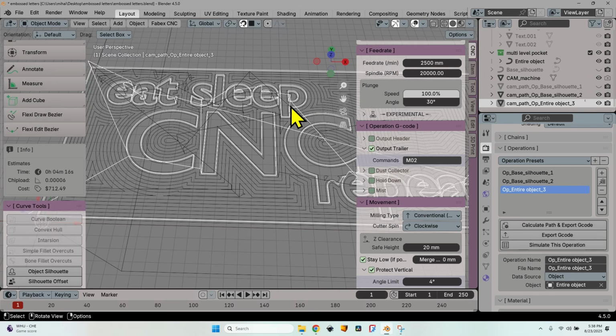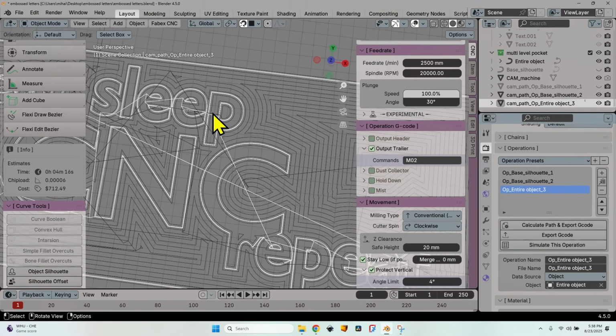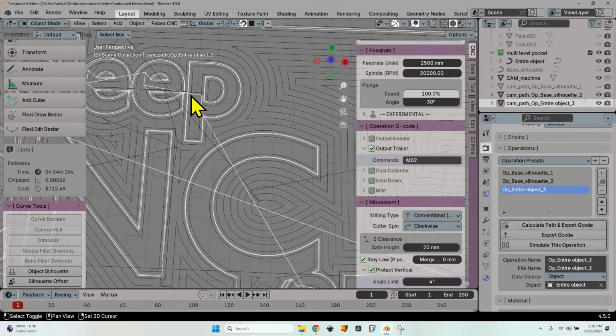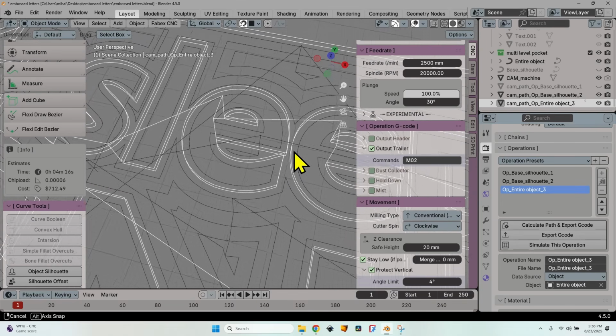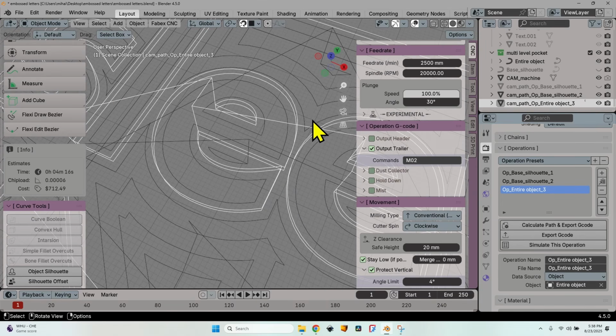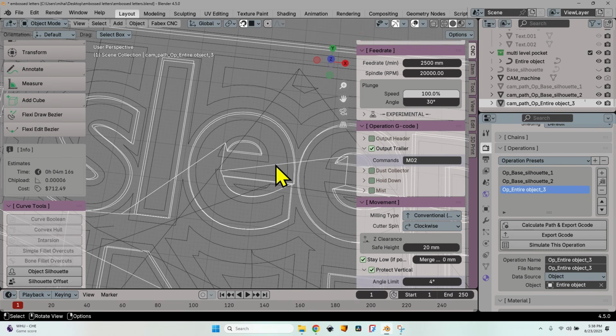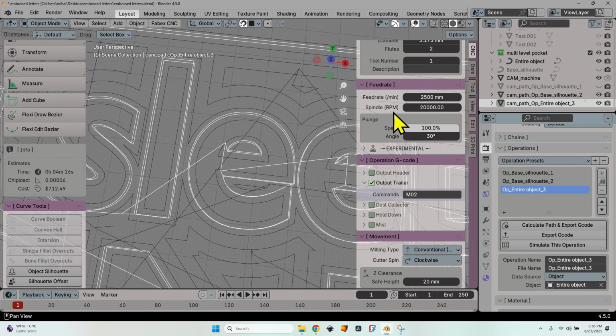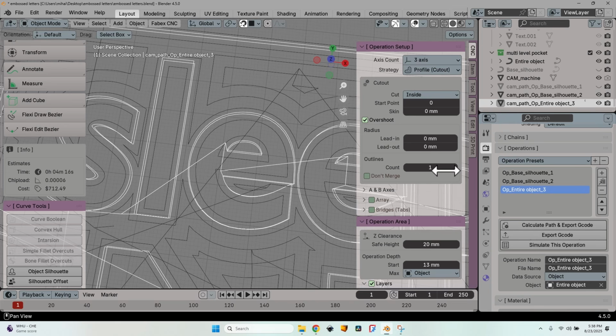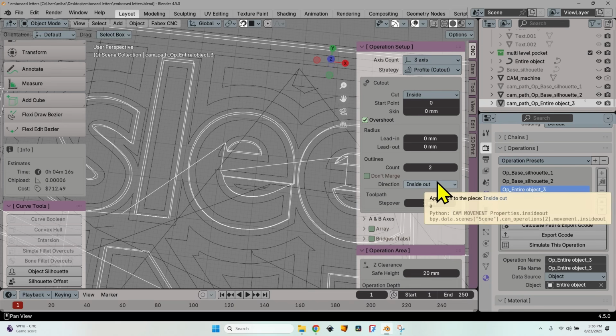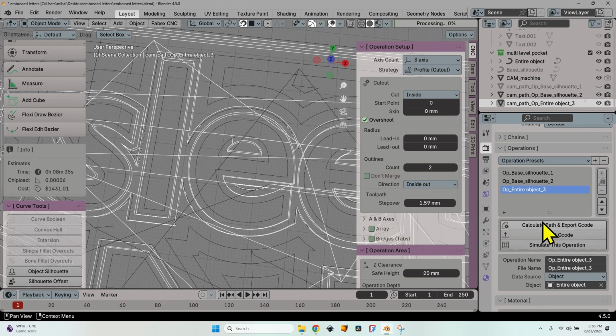I will not hide the previous operation because there are some things that I want to double check before exporting it. You can see here, most probably I will have some material not properly removed, so I will need to make some modifications. Let's go up and modify this count value, change it to 2, leave the direction inside out and set a step over of 1.59 millimeters, which is half of the tool bit. If I now click the calculate path button again,